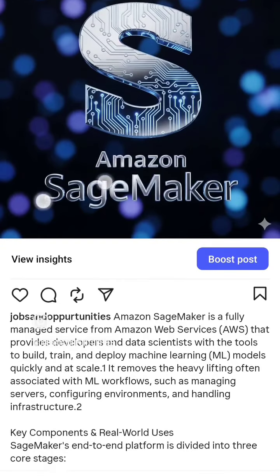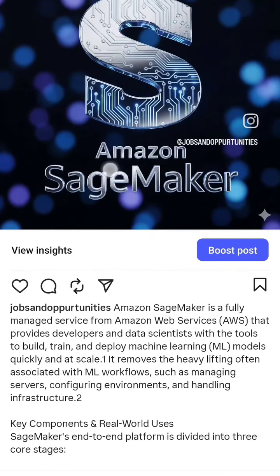And in real-world use, it is used in e-commerce platforms. Retailers use SageMaker for personalized product recommendations based on customers' browsing and purchasing history. A financial institution deploys a fraud detection model trained on SageMaker to identify anomalous transactions in real time. And the healthcare industry uses it to analyze medical images to detect diseases early or to predict patients' outcomes, assisting doctors in making more informed decisions.